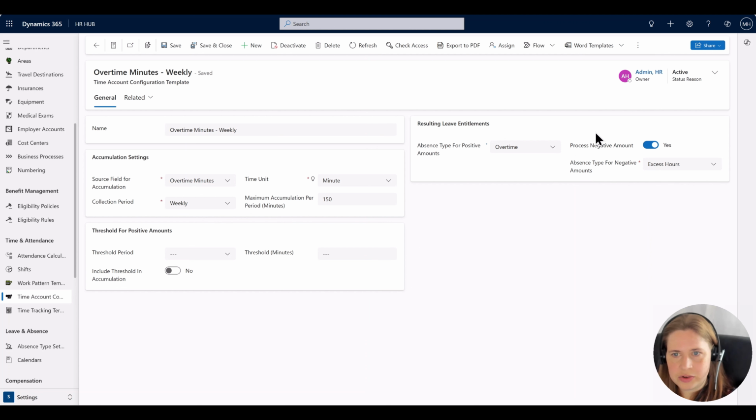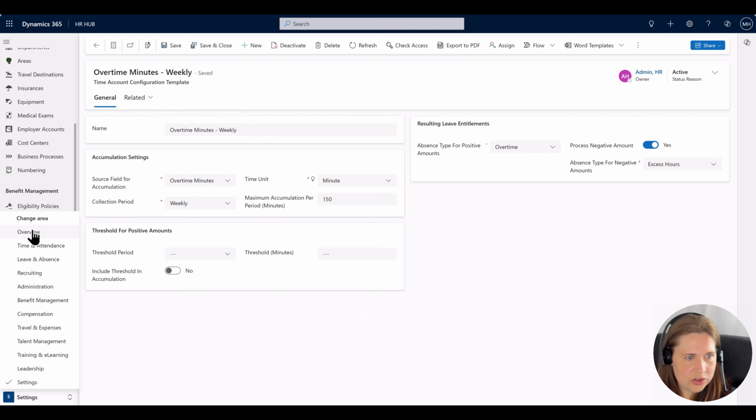Here it's also selected that negative amounts should be processed. So if employees work less than their allocated work time, they will accumulate negative amounts of overtime during that day. So this is the template that we have. Let's go back now to the overview,